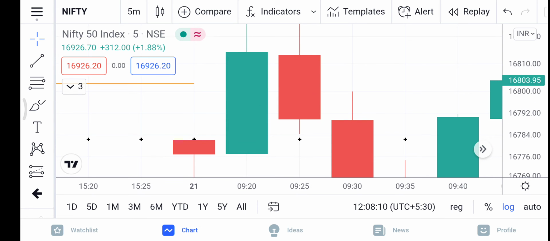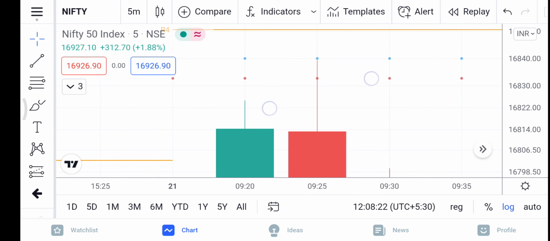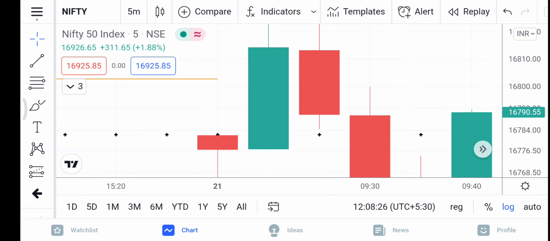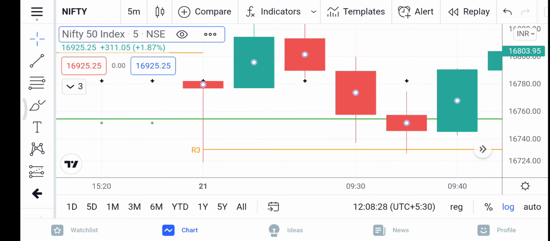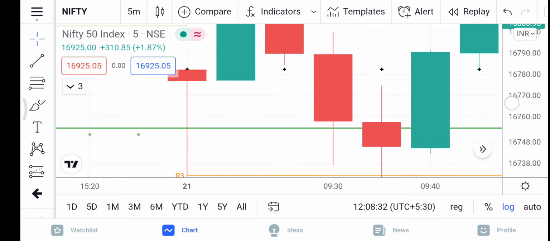Whenever you want to buy PE or CE, means you have to go short near the resistance. If you want to go long, then you have to go long near the support. So this acts as a resistance, that is the PDH and the daily resistance. I went short and I booked my profit near the next pivot, that is the weekly support. Okay, that gave me a 10% return of 280 rupees.